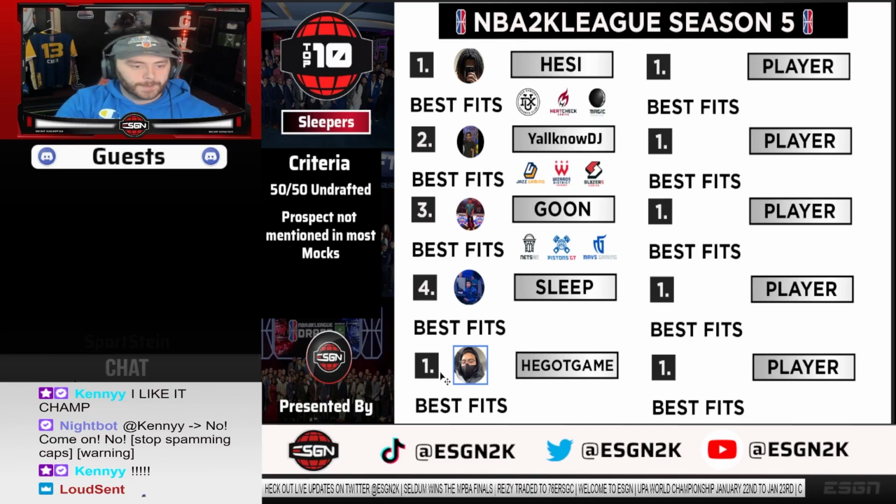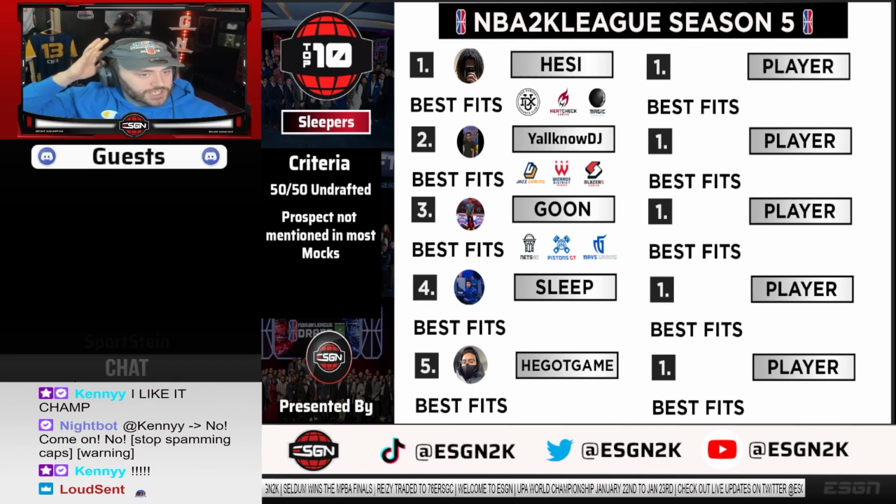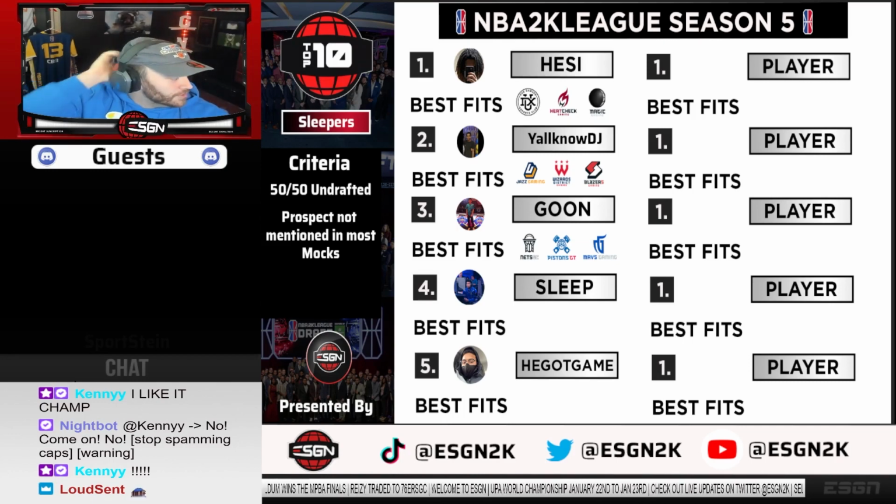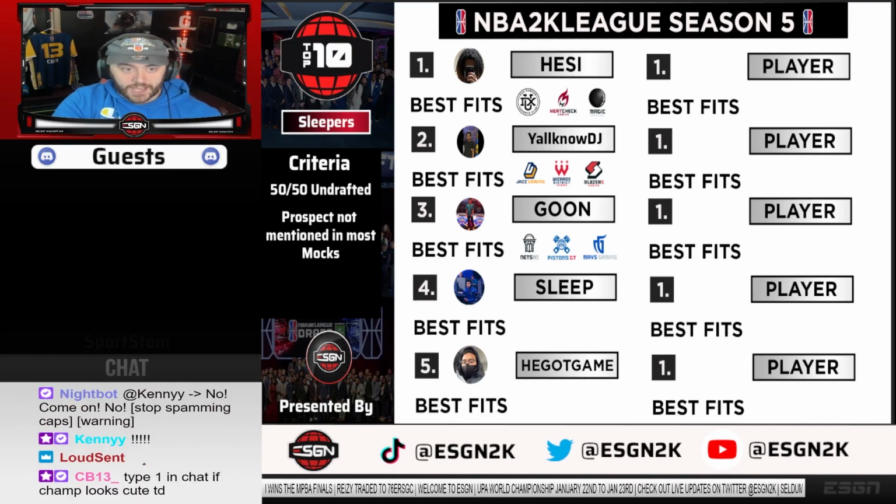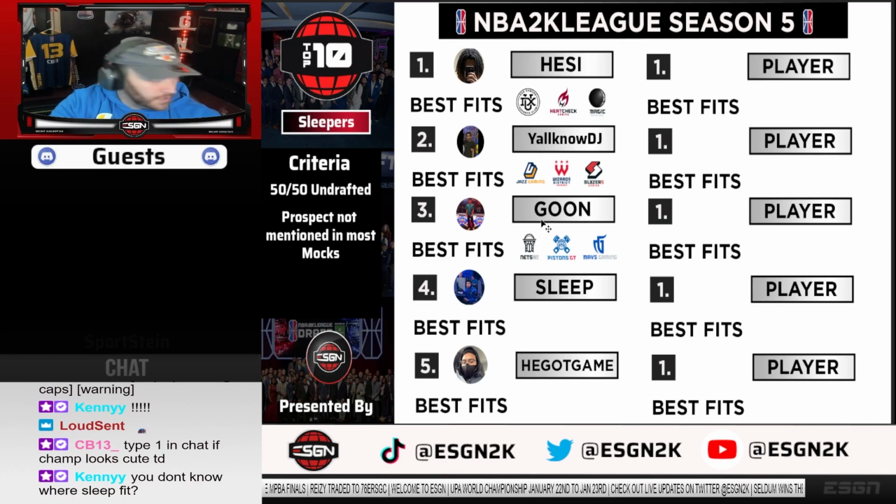Like I said, He Got Game is a guy who's a combo guard. He could fit into a lot of schemes for a lot of teams. If a team wants to run like a T-Wolves gaming or Pacers gaming scheme, they could probably fit him into it. He can play the shooting guard position if need be, but I would like to see him as primary or secondary. I put him and Y'all Know DJ as those two guys who definitely are under the radar, and I'm sure the really good GMs know these guys and have looked at them. The best GMs in the league know He Got Game and Y'all Know DJ.